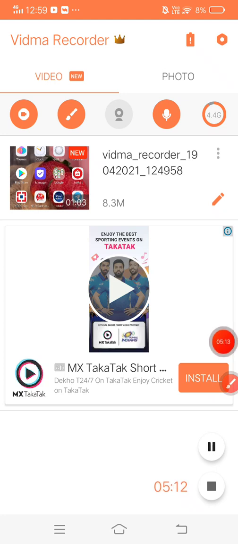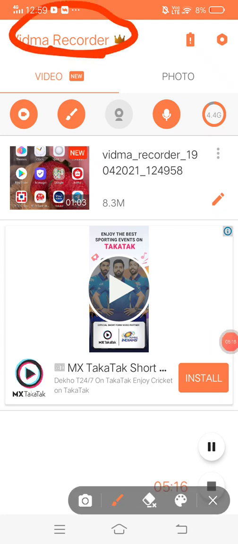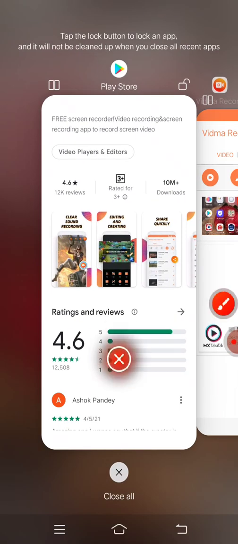So like this, you can download this app and then you can record your videos anytime you like. By using this Vidma Recorder, you can record your videos. Okay, so this is how you can record your videos anytime you like. This is how you can add your